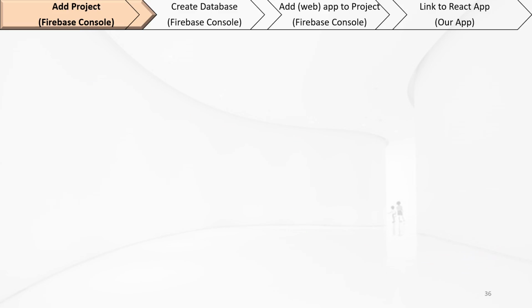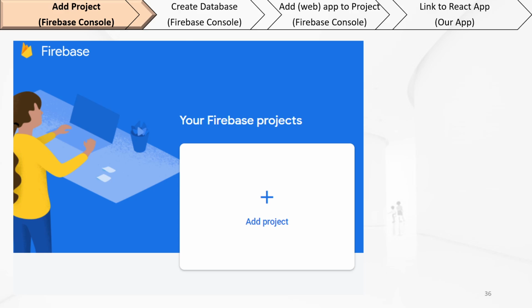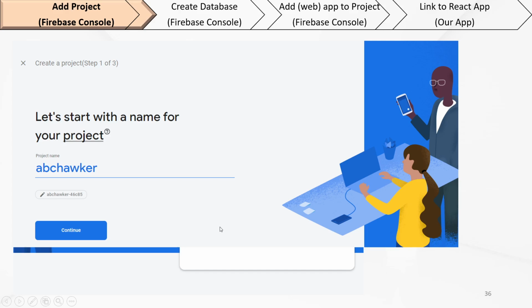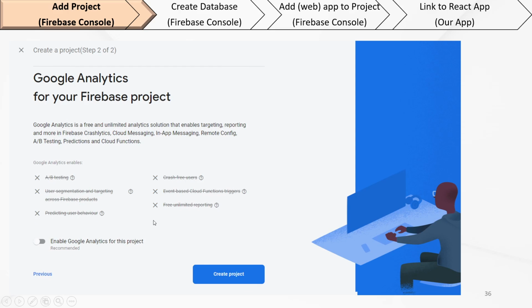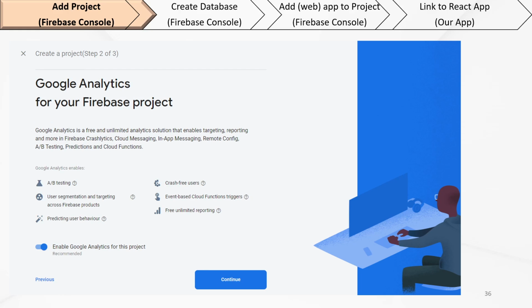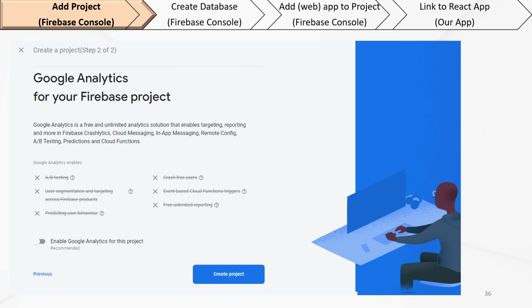Okay. To do so, first of all, we need to create a project. So you can see here, add project. After we click on add project, we have to give it a name, and click next. This screen will show whether you need Google Analytics. For now, I don't think it's necessary, that's why I will disable it. If I disable it, it becomes step 2 out of 2. So let's go back. You see, if it's enabled, there's still a third step. I do not want it. And without further ado,